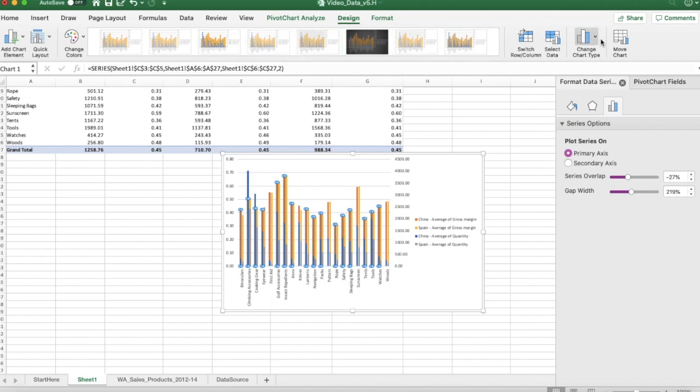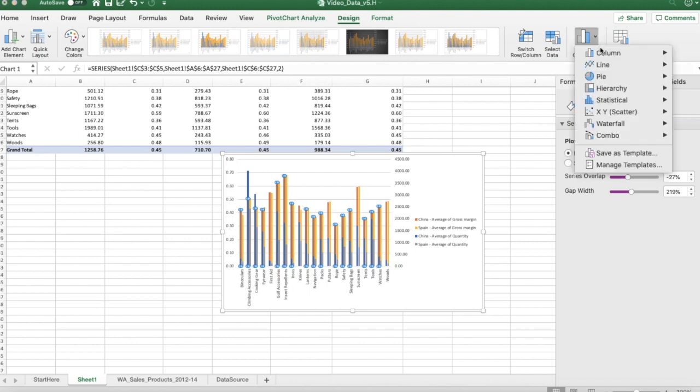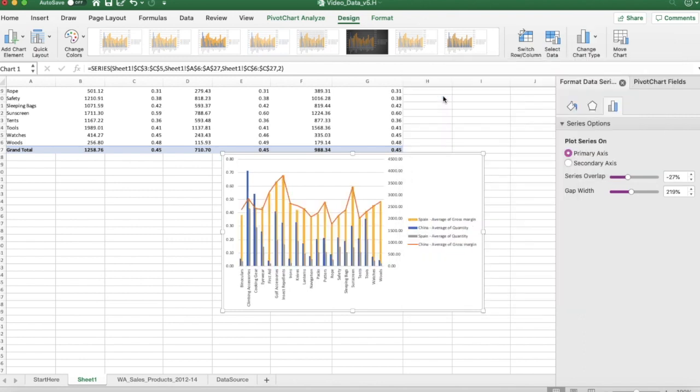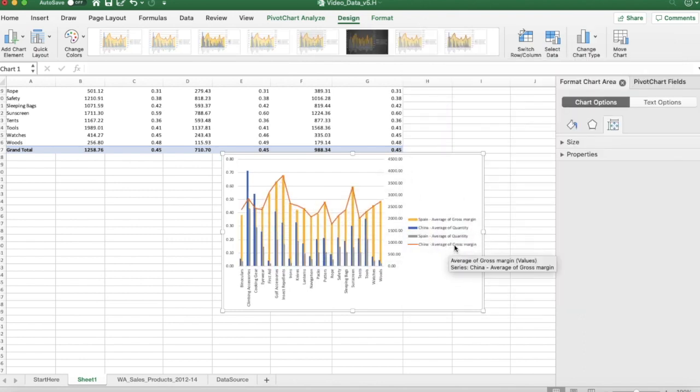So you're going to select right here where it says change chart type. Click down on that drop-down menu, and you're going to click line. You're just going to click this first line right up here. So now it's changed the average gross margin into a line for China, and we want to do the same